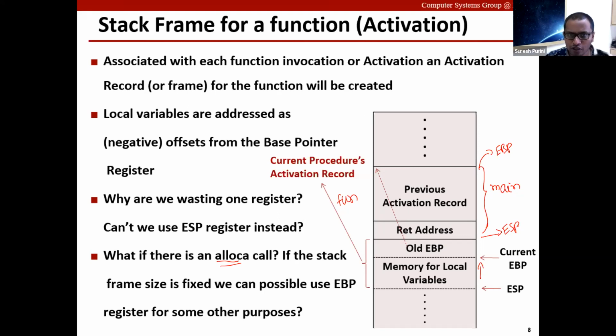But it may not be possible all the time, because many times you want to create data structures which should persist throughout the lifetime of the program. If you create a linked list using a sequence of alloca calls, you may get into trouble because as soon as you are out of the function, the whole linked list can possibly get destroyed. Depending upon the program context, it may or may not be a good thing for you.